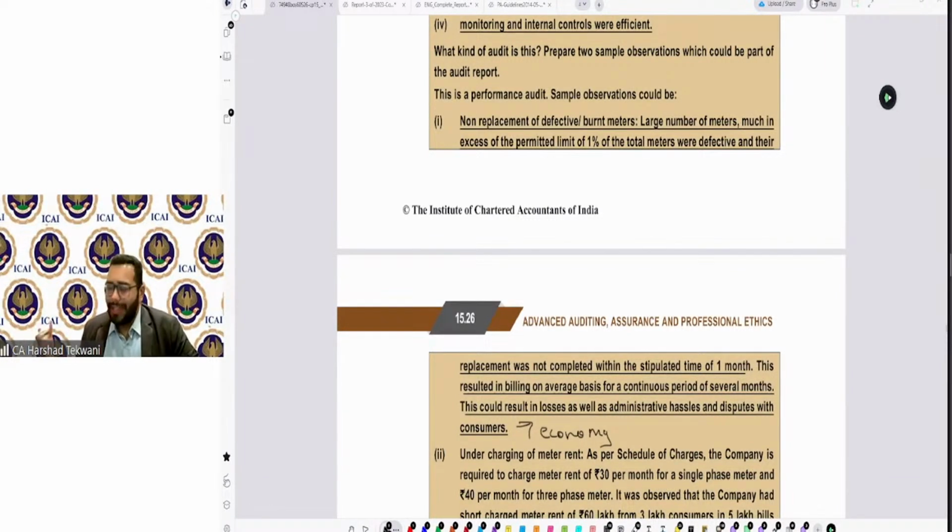Sometimes there is not such a clear line between whether the observation pertains to economy, efficiency or effectiveness. It can be a mix of both. But again, you need to think about what is being missed here. For example, resources are not utilized or procured, or whatever amount is spent gives me no benefit out of it, or it is about how I can maximize my output. And effectiveness is about whether that output is sufficient or not.